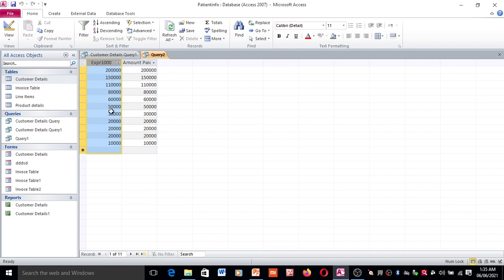So all the entries are in a descending order. In amount paid also you have given a descending order, that's why here also all the options are in a descending order. You can change these options also.